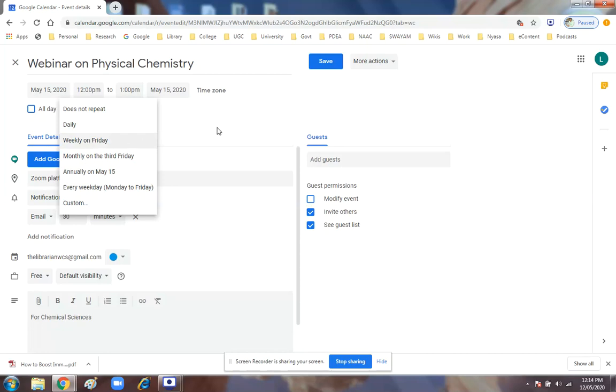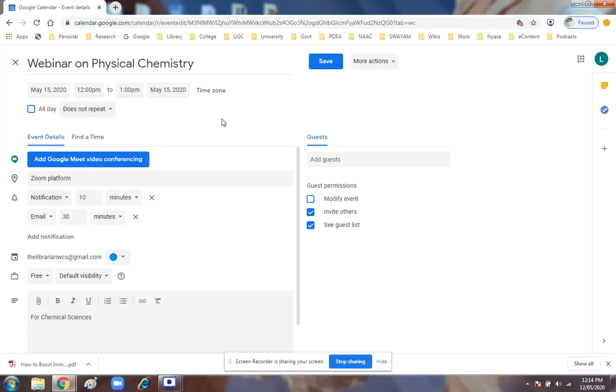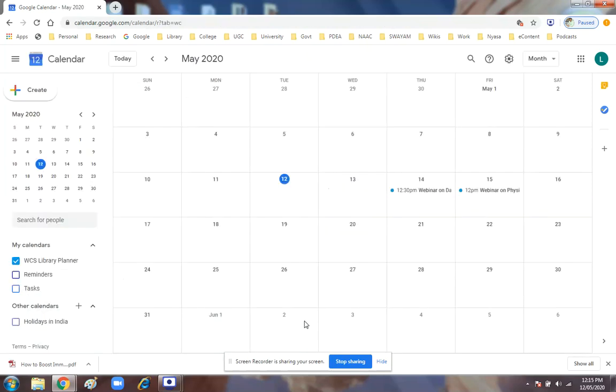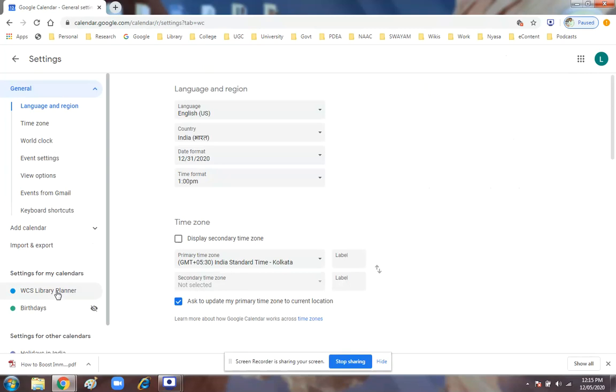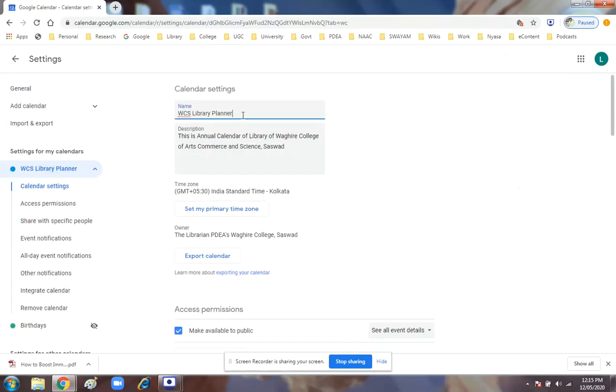You can set it for longer so that you will not need to add the particular event every year or every month if it is a periodic event. Likewise, you can add in the calendar, and after that, I will tell you one more important thing. If you are going to create your academic calendar, you have to rename the calendar for which purpose it is created.